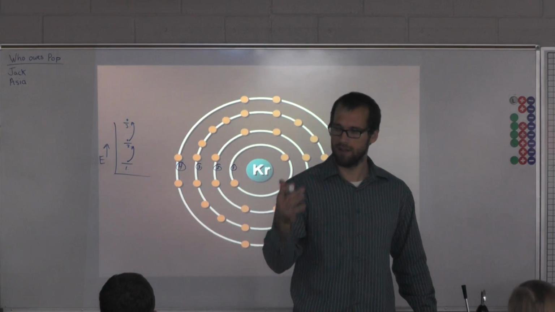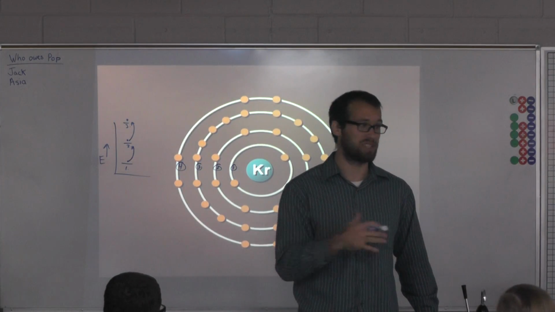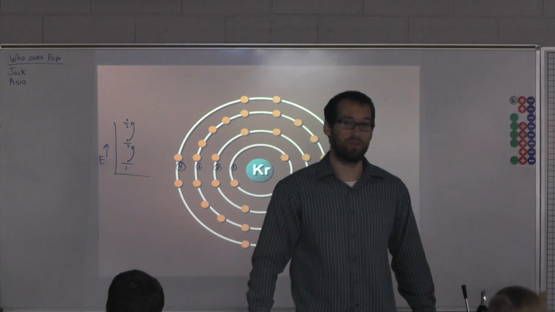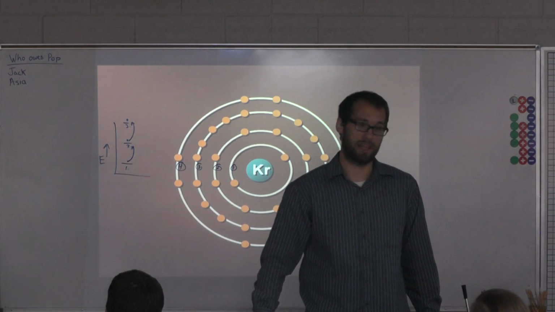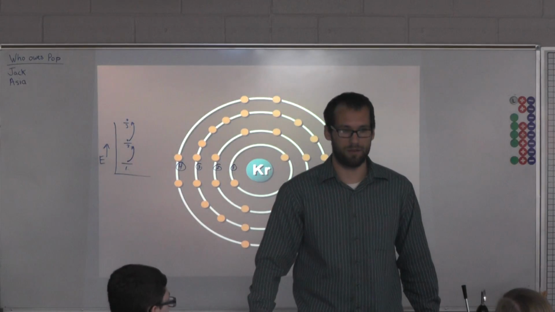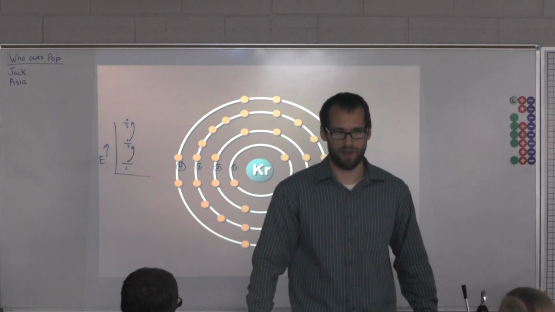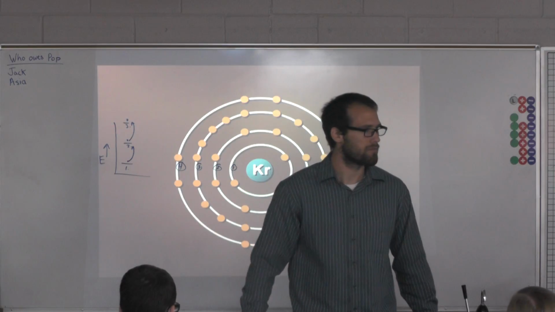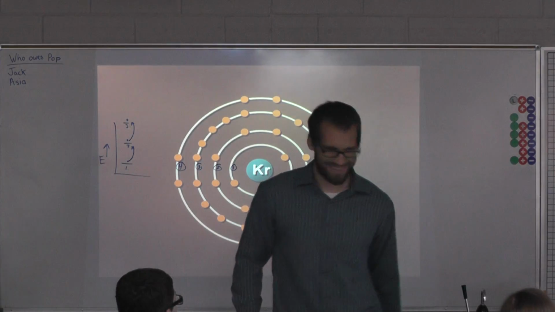Well, the higher energy electrons are, the more unstable they are. Think of it this way: low energy means stable, high energy, unstable. Go into a room with a bunch of little kids, high energy, not a stable environment. Go into a room with a bunch of old people, low energy, pretty stable environment, until someone dies. Okay. Morbid.